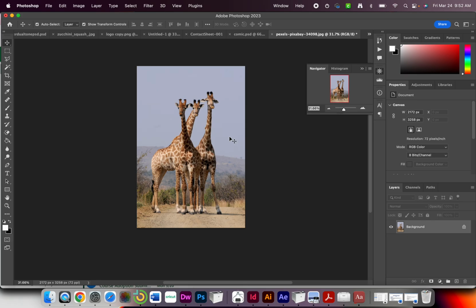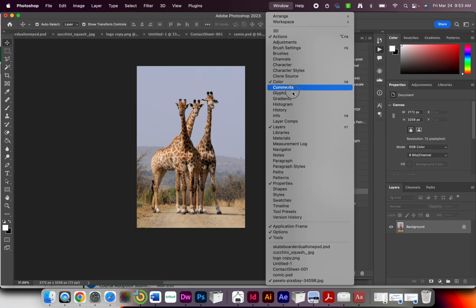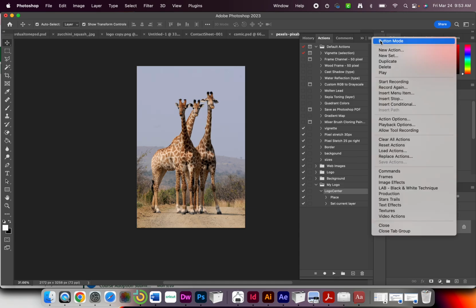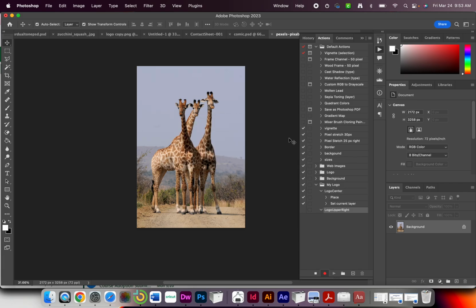To do that, I'm going to just delete that out. And I'm going to go up here to my actions. And again, if you don't see them here, you can go up to your window and go down to actions. We're going to go in here. I'm going to hit my menu, and I'm going to say new action, this one. I'm going to put it, maybe I'll put this one in the upper right. You can do what you want. So I'm going to call this logo right. Maybe I'll put upper right. And I'm going to record it,